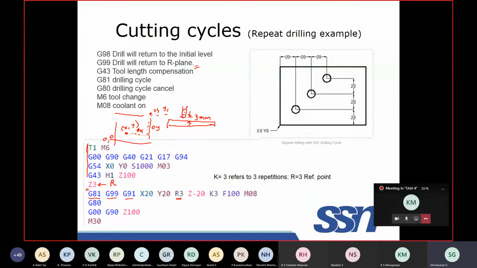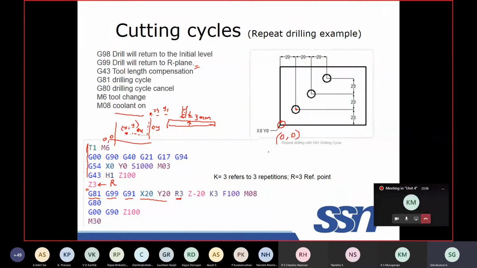While executing, I am calling the G81 function. The coordinate is x20, y20. This is the center point of the first drill, and this will be your origin point 0, 0.